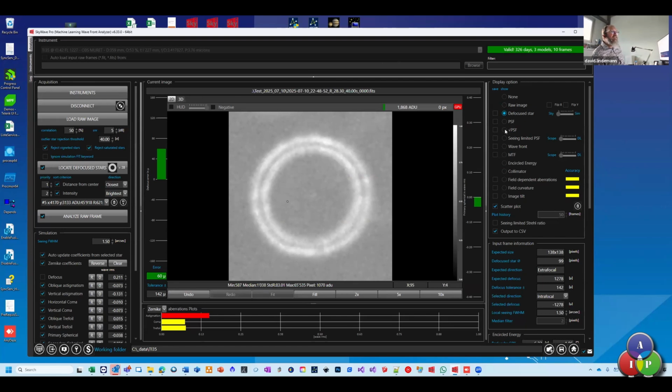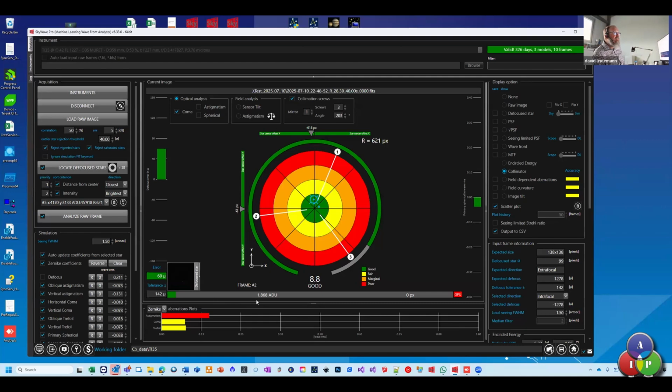Here the signal is really bad. If you look at this, there is 1,800 ADU. It's not enough. It's not good to select such a star to analyze because there is not enough signal to do a proper analysis. I will go back now to the